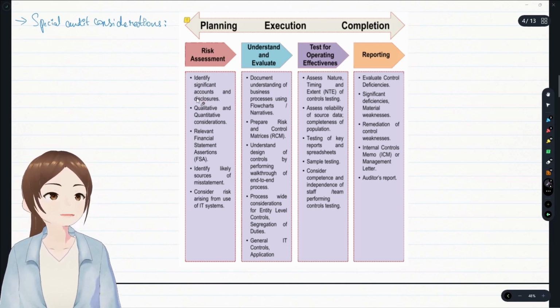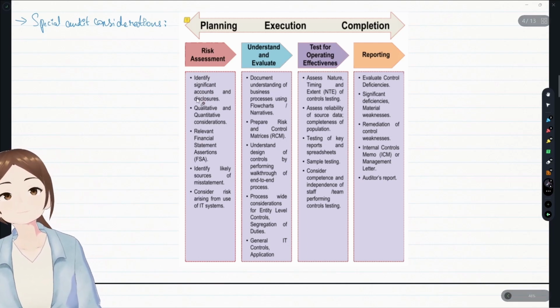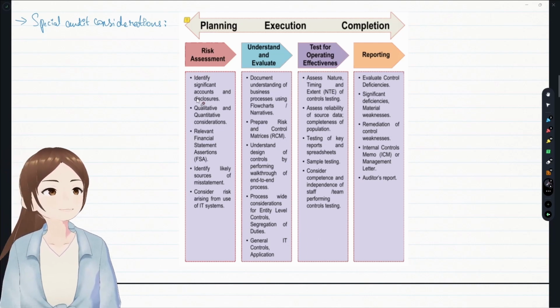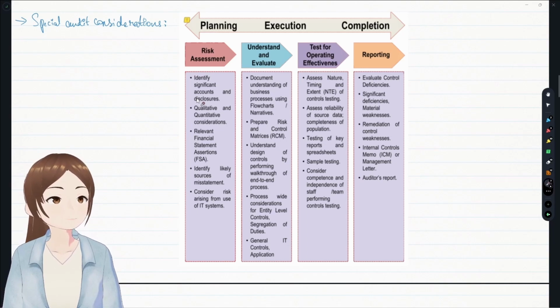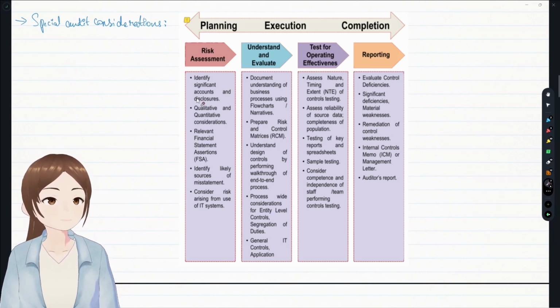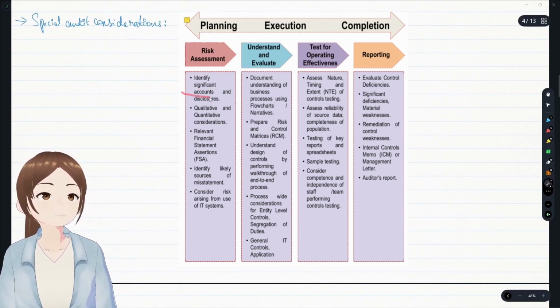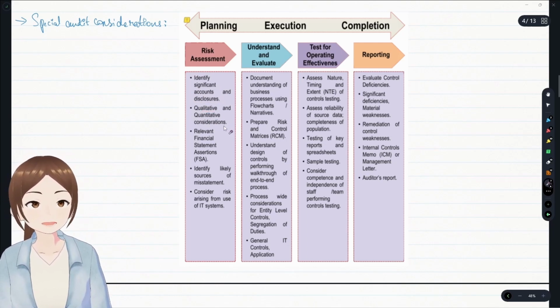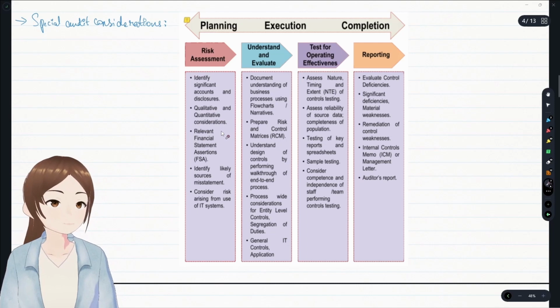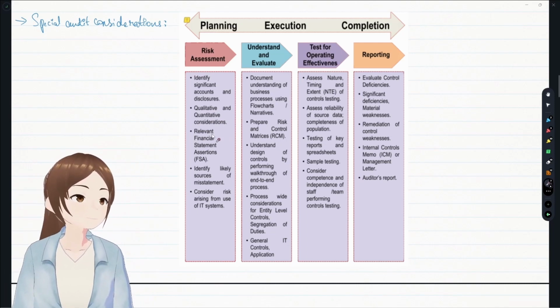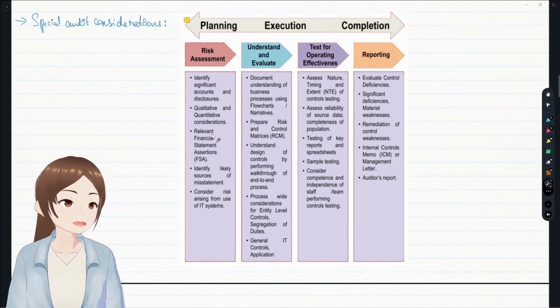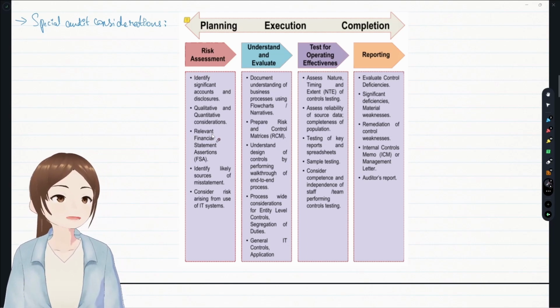And what's the risk assessment that we have to see in an automated environment? What do we see in the 200 series? We see whether there was any audit risk from the financial statements or the audit reports of the previous auditor, significant accounts and disclosures, and quantitative and qualitative considerations. All the key points are in the 200 series. We're going to soon discuss the 200 series. It's not about the direct question, it's about the application questions.